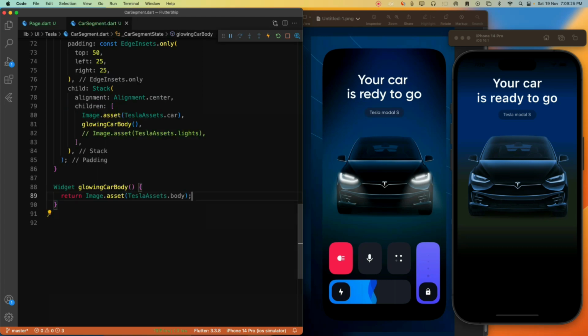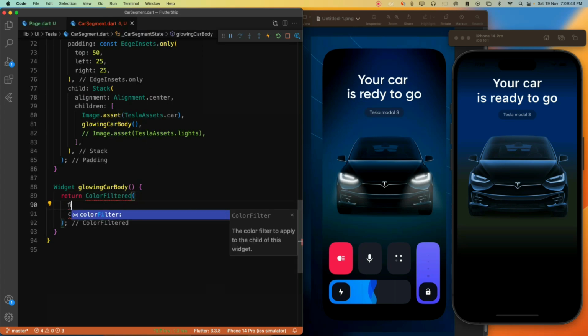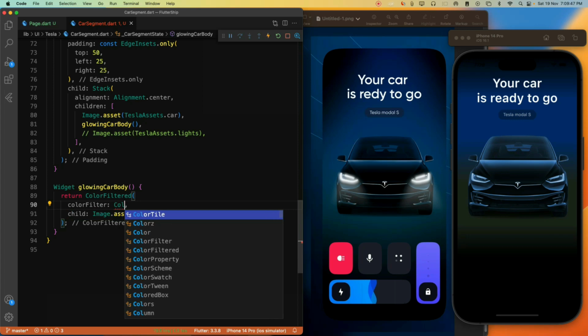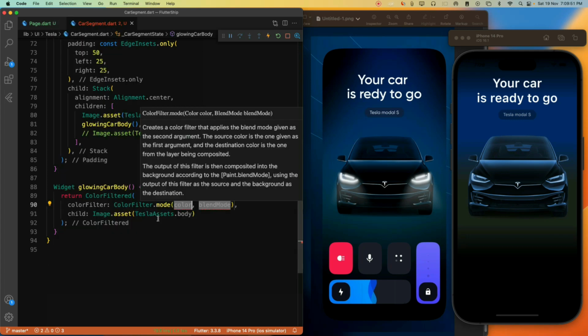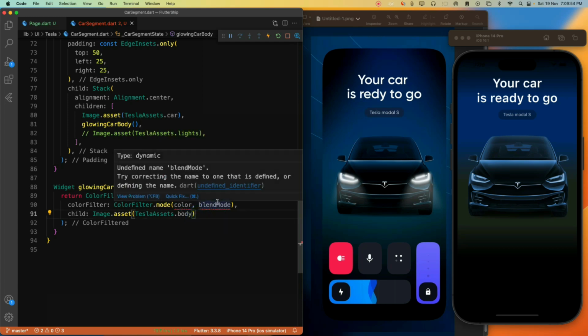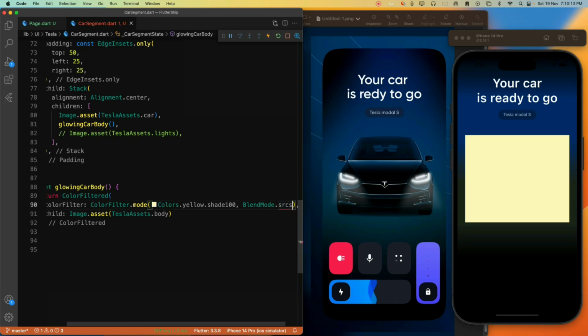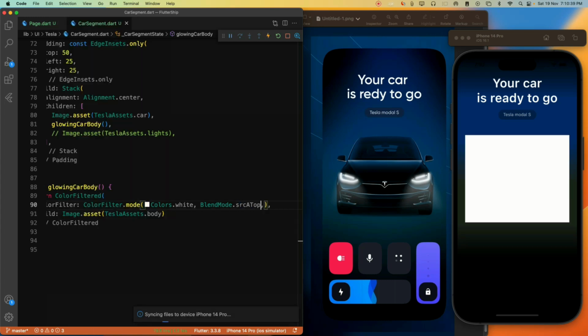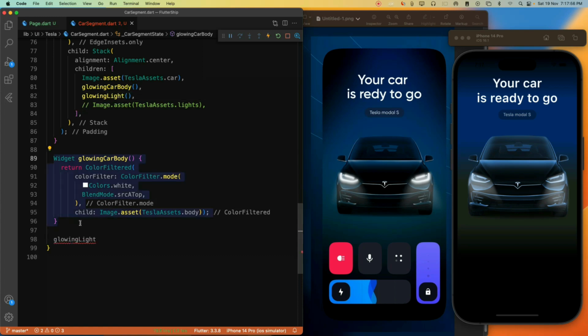which returns the image file, but we need to use Flutter filters here, which means color filter. To use color filter, dot mode. So we need to give 2 parameters, the color and the blend mode. Source in, source it up, or the top we need to use the light widget, glowing light. Copy this code,